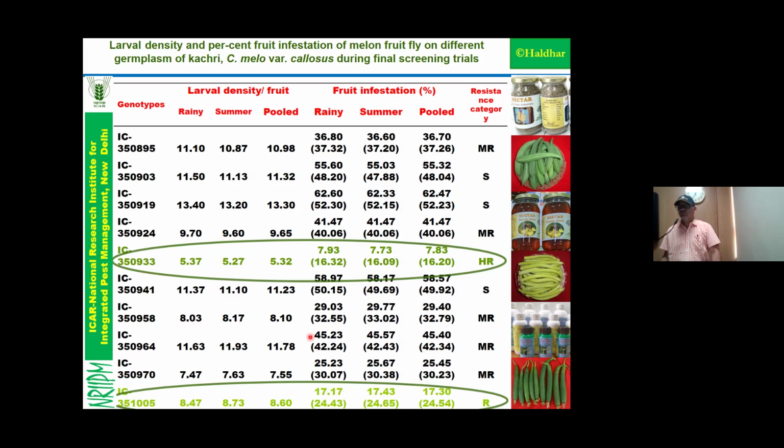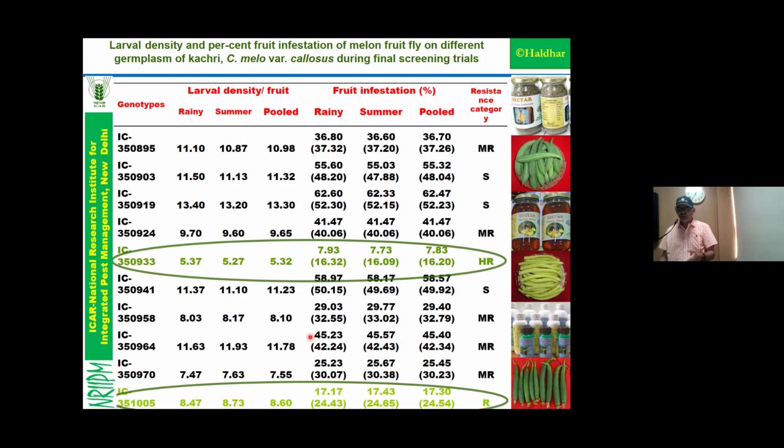And the area is also, we will discuss a lot of this type of things. So we are taking, sir, the second crop is Kachri, and in my institute there are 68 germplasm. First we do preliminary screening: susceptible, highly susceptible, resistant, and highly resistant. Then on the basis of incidence, we take the larval density as well as percent infestation. After that, we take around 20 to 25 germplasm for biochemical as well as antixenosis or antibiosis characters.